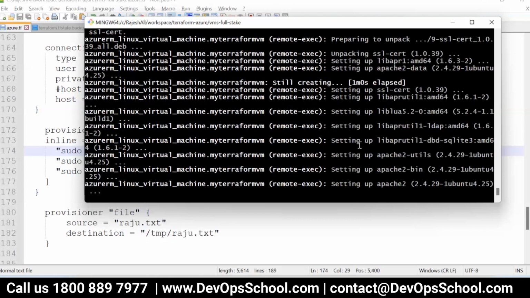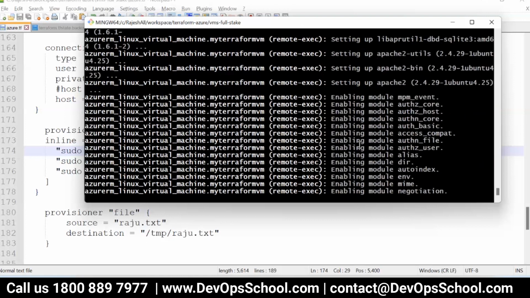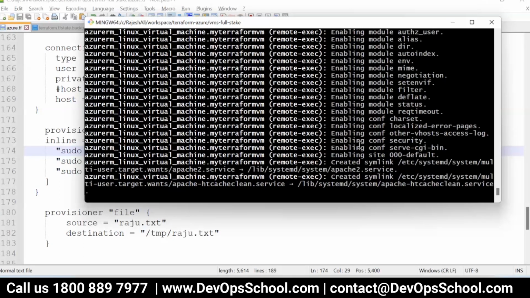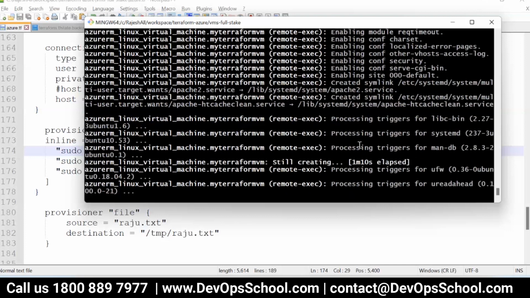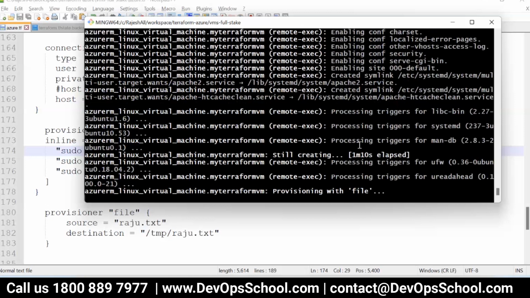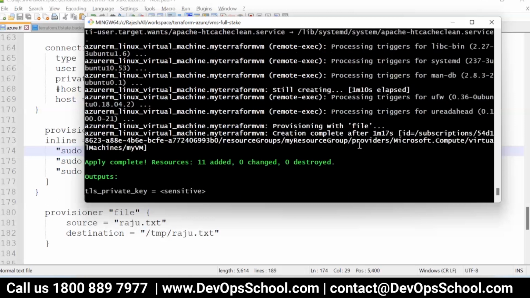And you see setting up Apache almost done, starting the services done, enabling the services done, and then almost over actually. And the file provisioner is done.